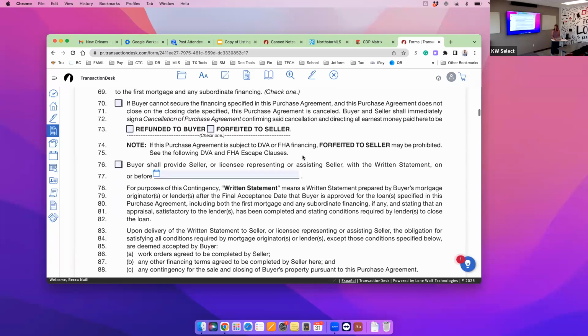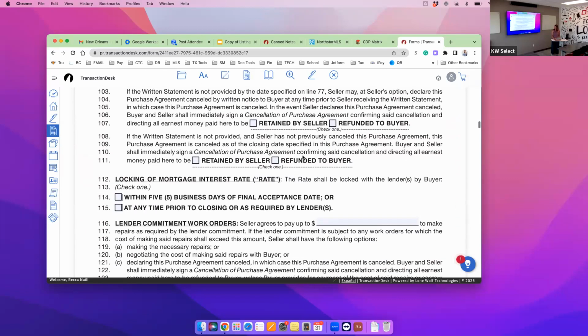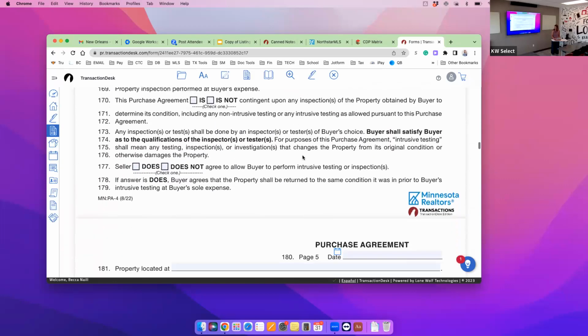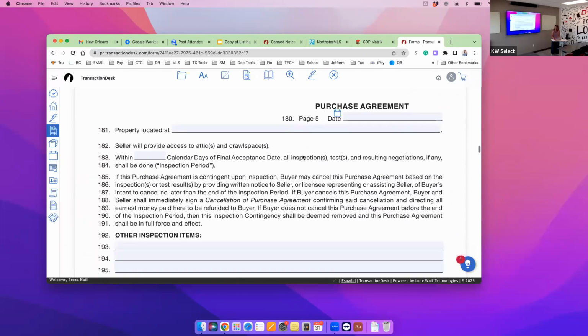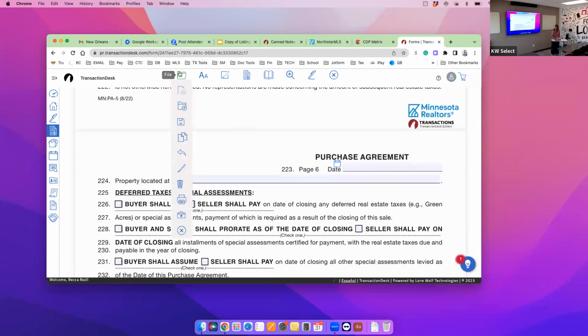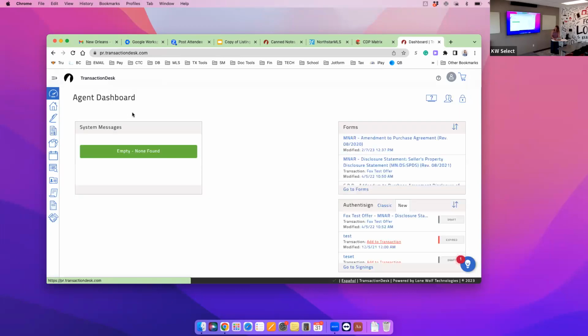You can go through, check all the stuff that you want to check, and just fill it all in. Then when you're done, you just go up to the top like you would any other, and you hit save. And then you've got the template. So the next time that you go to create